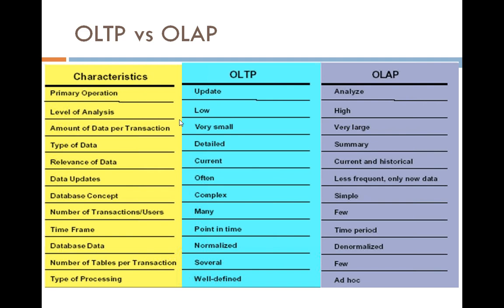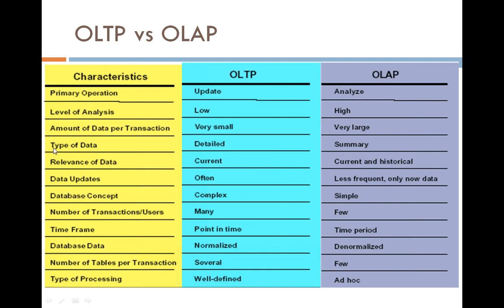For example, you have purchased an Arrow shirt of size 42. Maybe other people have also purchased the same Arrow shirt, size 42. With respect to OLTP, it's a single transaction, but the OLAP system will read all of the transactions that have happened with respect to this material and store them in the OLAP system. That is the reason the amount of data per transaction or per item is more.